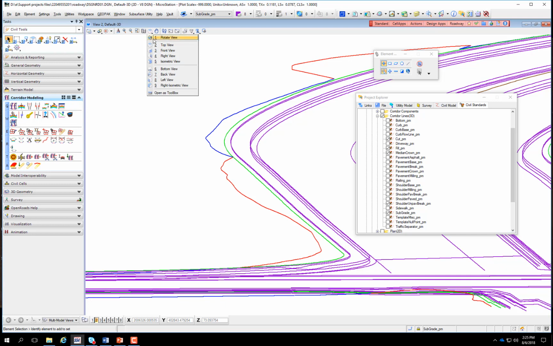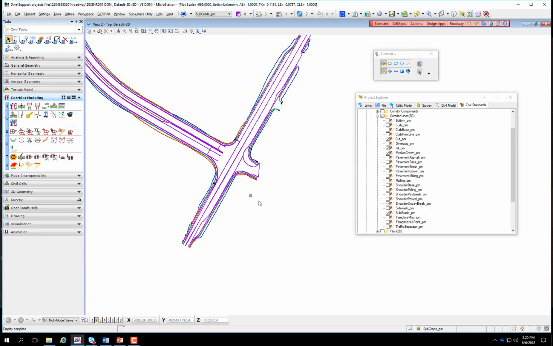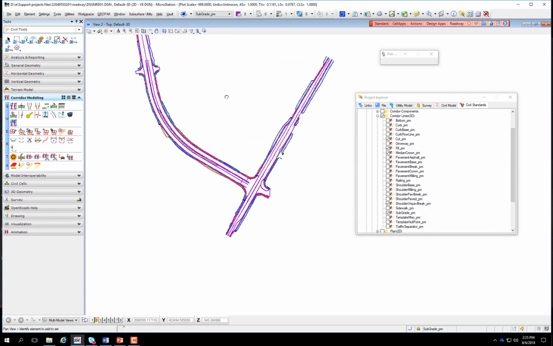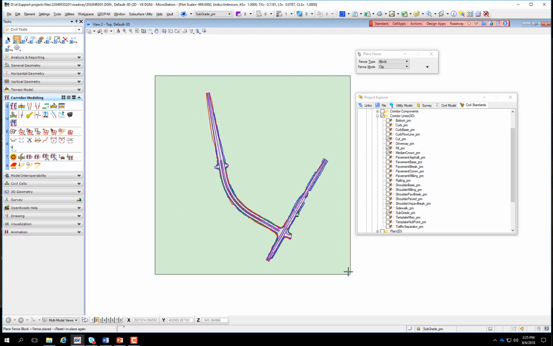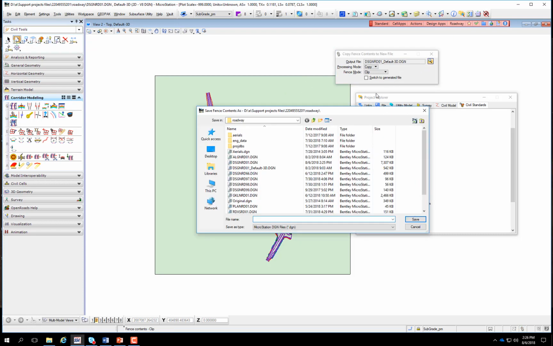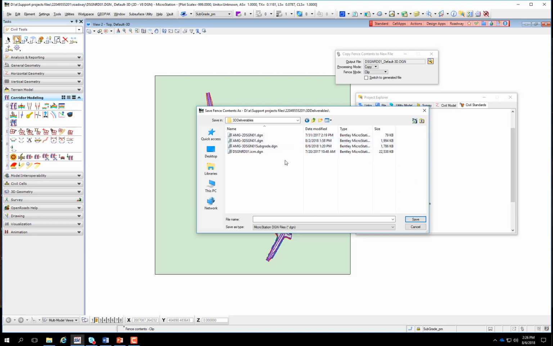And so once you have those, the next step would be to actually export these to a DGN file. So that is the same steps that we normally do, which is to create a fence, select the fence around all my elements, and then use the copy move fence contents to file. And then you want to locate the 3D deliverable folder and select the name of the file you want to put these in. Now we don't have a specific name for you to use